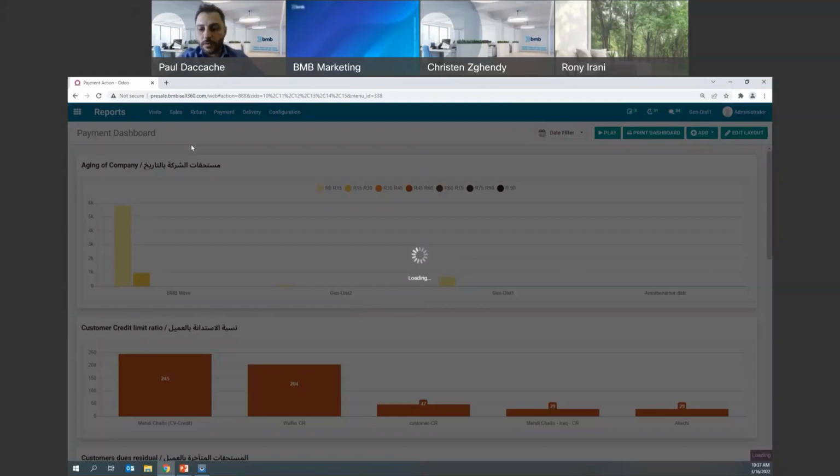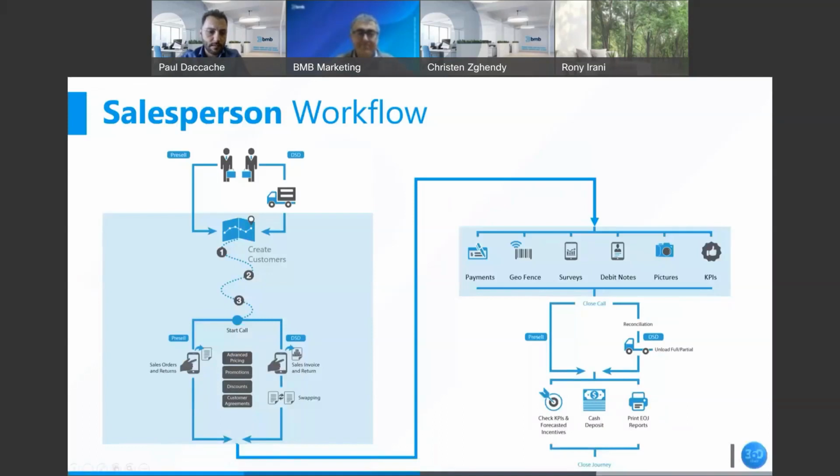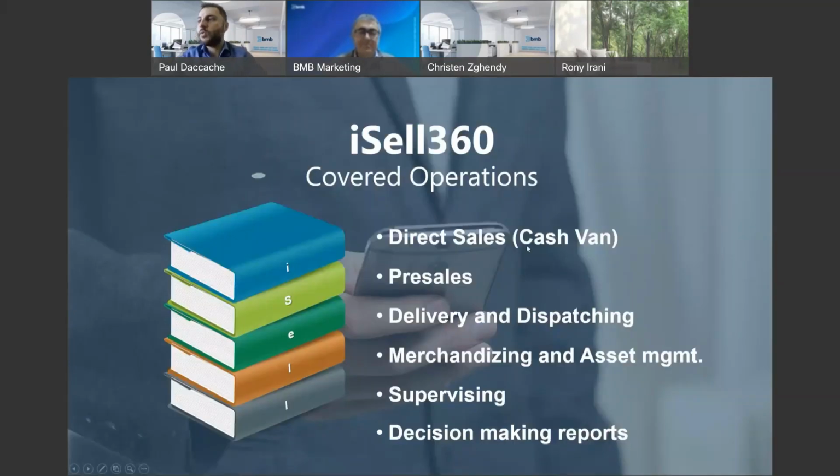So just to close over here, iSell360 is a full-blown solution that will cover your Salesforce automation from a delivery perspective. Just give me a second to show you the other slide related to the pillars. So from direct sales, you can see it: cash van, pre-sales, delivery dispatching, merchandising, asset management, supervisor, and decision-making,